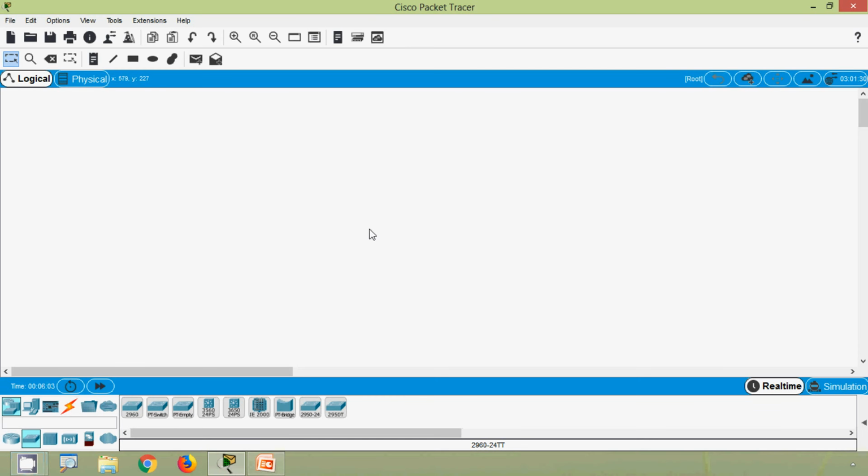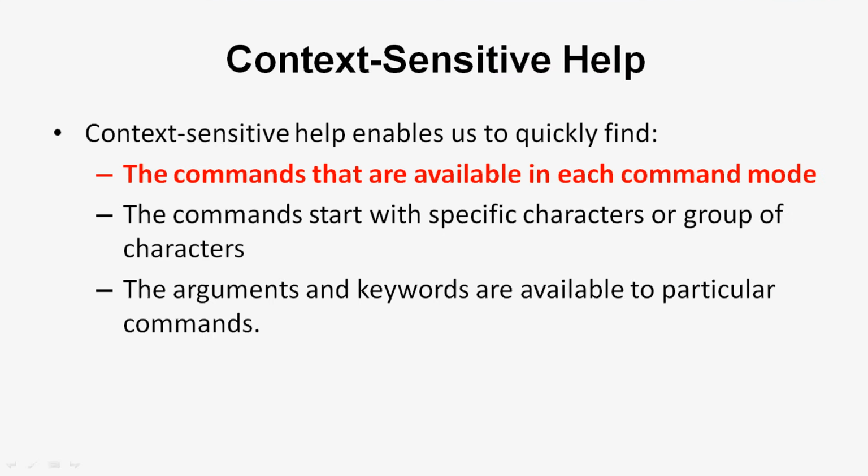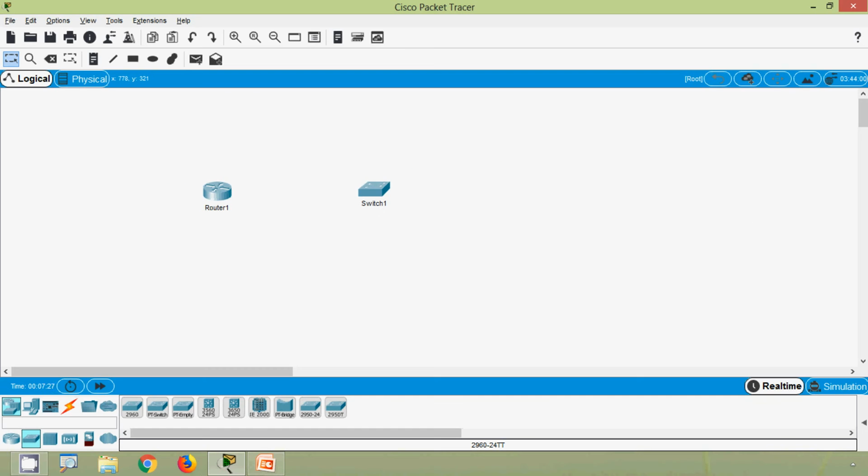We will see that using our Cisco Packet Tracer. Here we will use either a router or a switch. So coming to router, we will use 2911. Also we will select a switch 2960. Here we have seen that using this context sensitive help, we can see the commands that are available in each command mode. We will see how it works. So coming to our router,